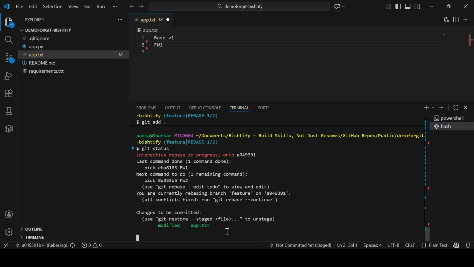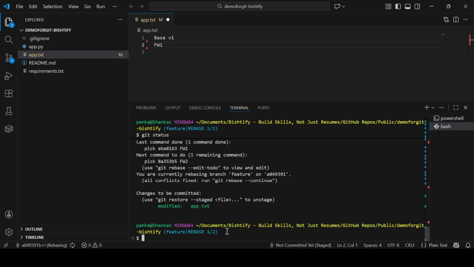If I do git status, it is deleted. And now if I do git rebase continue,